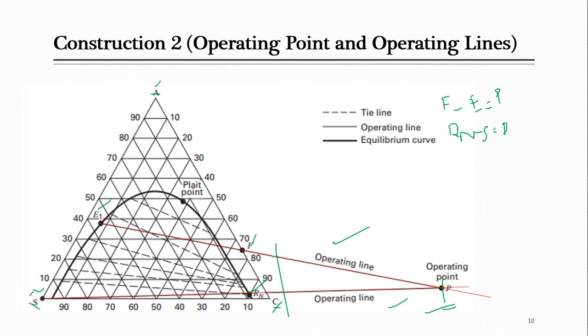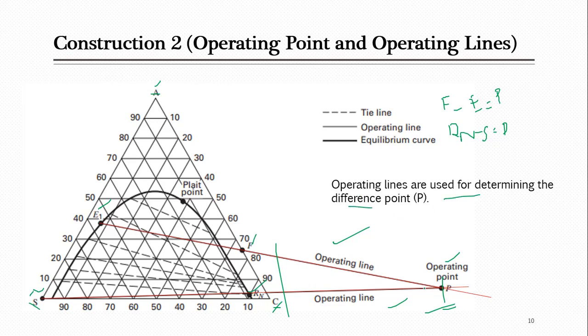As you know, we can also draw lines for other pairs which are inside. Suppose you draw the line for E2 and R1, similarly R2 and E3 and so on. If you draw any of those lines, they will definitely pass through the same point P, as you have seen these two intersecting. Suppose I draw any other line, if I have located points like E2 and R2, R1, or any other point, all of them will pass through the same point P. Due to this, the operating lines are used for determining the difference point.